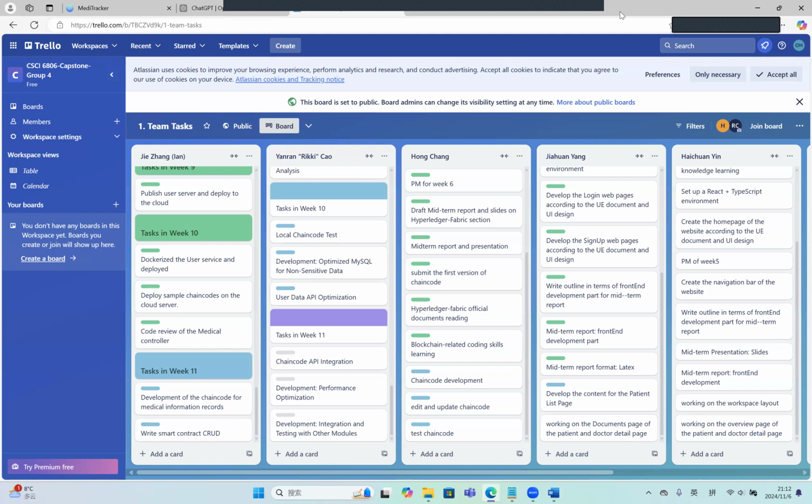This week we are in the process of developing the patient and doctor detail page. The detail page has 3 tabs: overview page, file attachments, and shared records. The overview page displays patient information. I'm developing the overview patient information page, which is modularly designed into 3 sections: general information, diagnosis and treatment, and